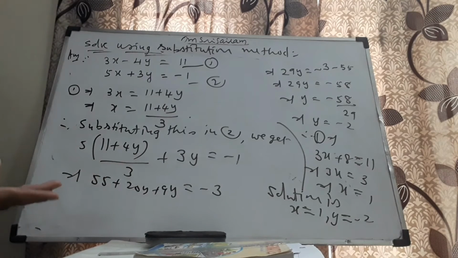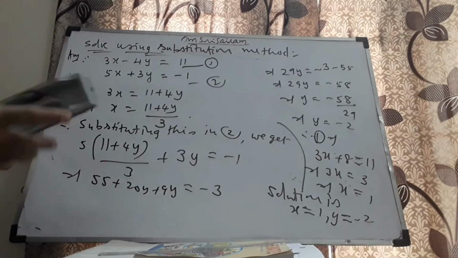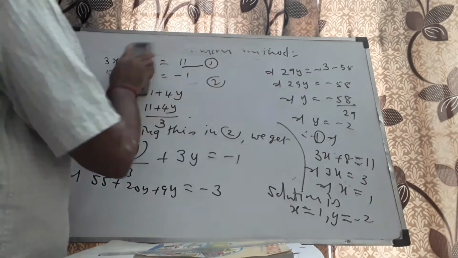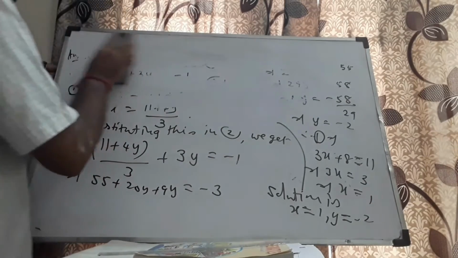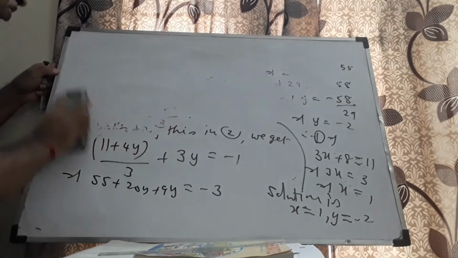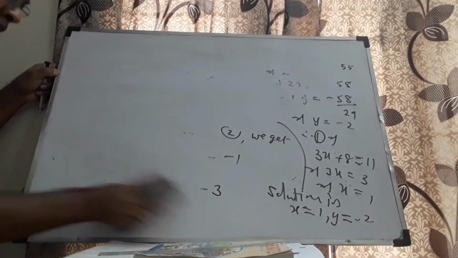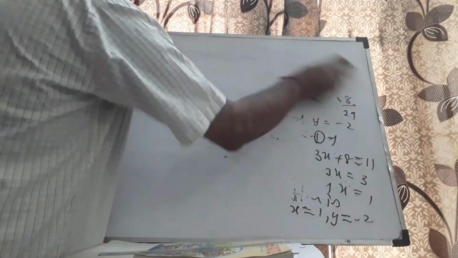Answer shouldn't vary, because you may travel using a different mode of transportation. Destination should be the same. In the previous case, I have done it using the elimination method. Here I am using the substitution method. Therefore, answer should be the same. Answer should not vary. If the answer varies, I have to check where I am going wrong. Okay, let me take another example.